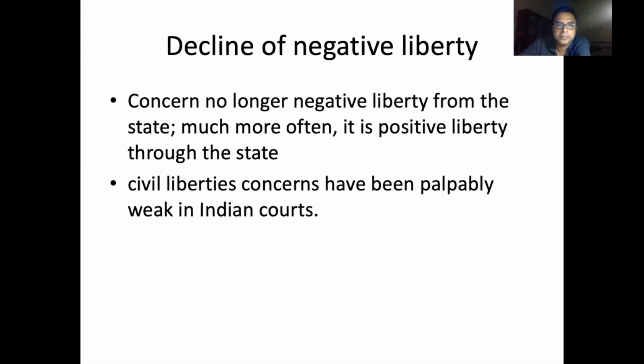Let's come to that. So the general point is that the court is no longer interested in negative liberty, in protecting people from the state, but rather in positive liberty through the state. And that civil liberty concerns since then have been remarkably